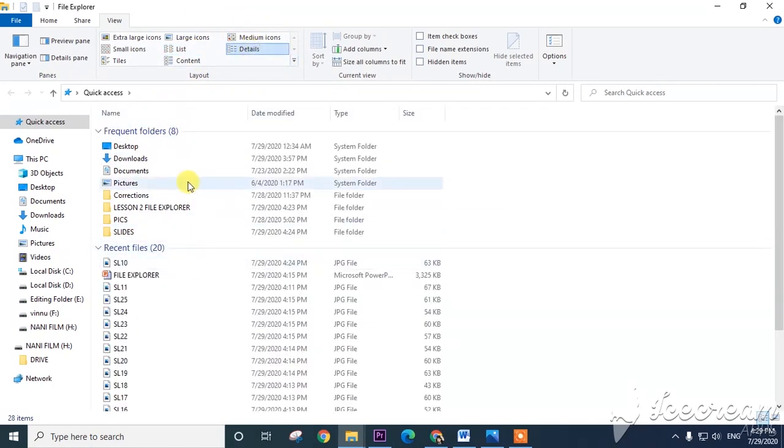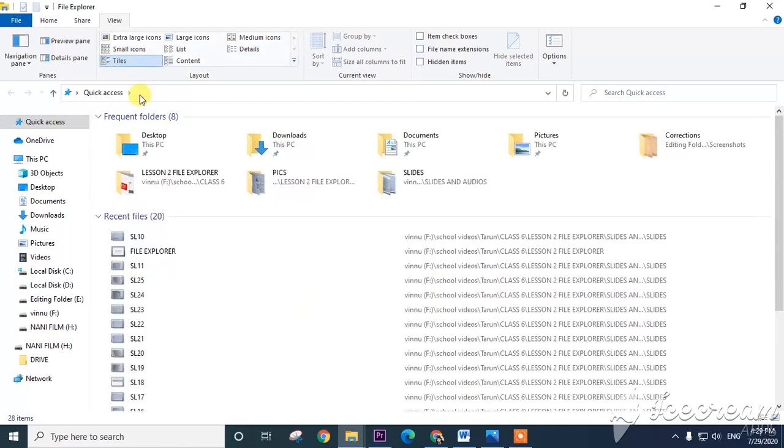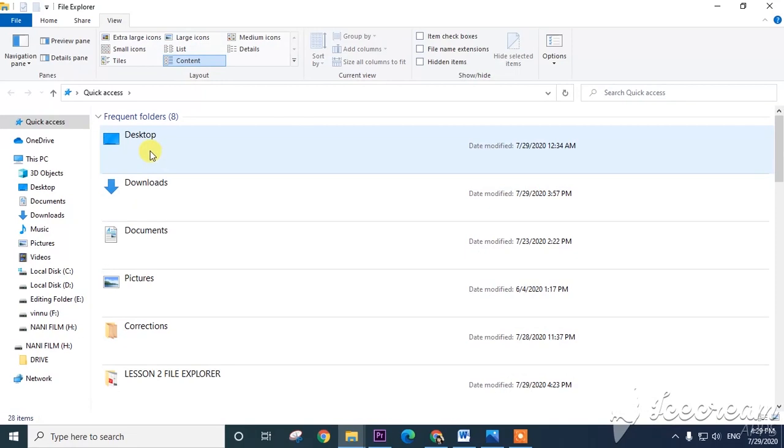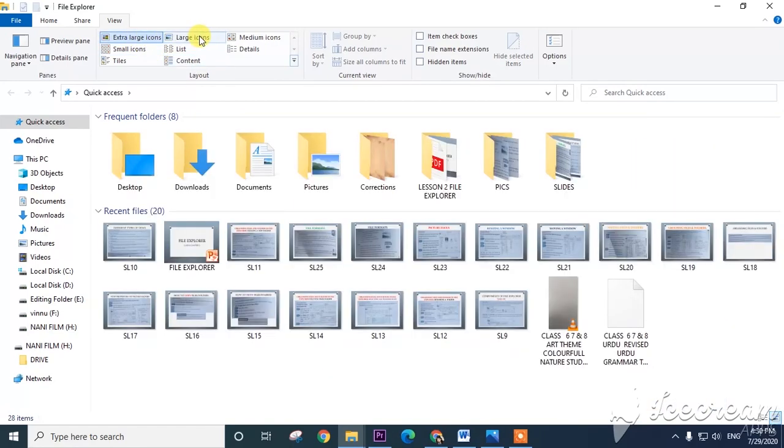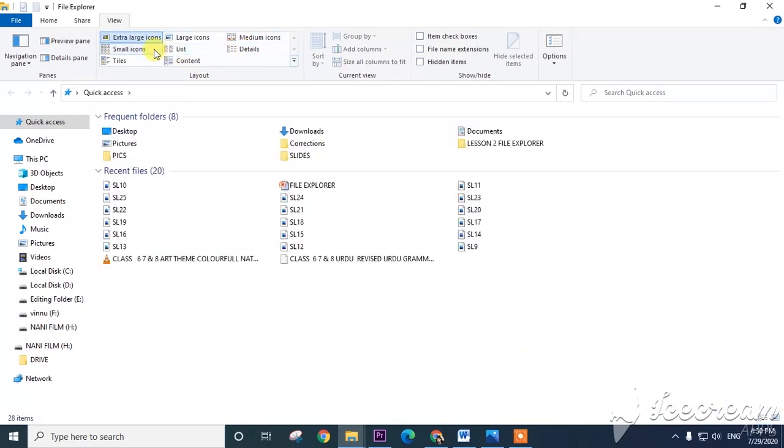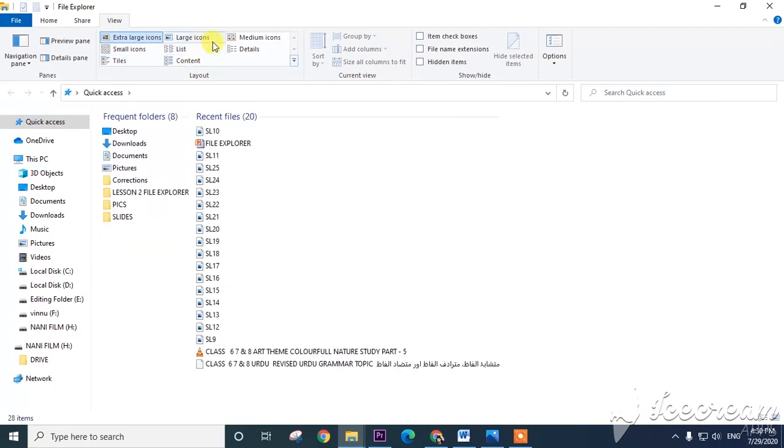Next one is details: date modified, name, type and size. Next one is tiles, which means it looks like tiles. Next one is content. Content means name and date modified, these two will be displayed. So you can see the different types of views in Windows 10.